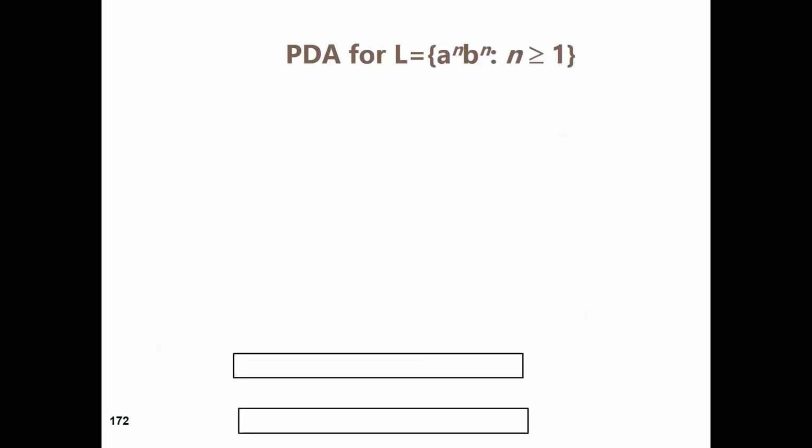So from the next lecture, tomorrow, we will start the construction part of PDA, and designing will start with this question: construct a PDA for L equals a to the power n and b to the power n. Means you have to construct a PDA that will accept the language L equals a to the power n and b to the power n, right?